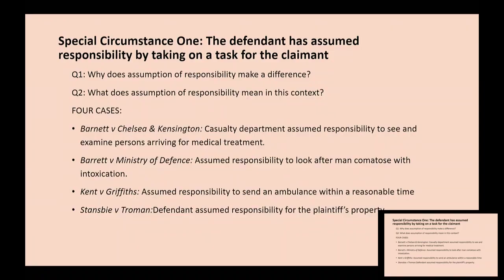The reason, so remember, duty is just the first question. We have duty, breach, causation, and damage. Here, it was shown that even if this man had been examined, he would still have died. He could not prove to the balance of probabilities that reasonable medical care would have saved his life. The arsenic poisoning was so severe that reasonable medical care could not have prevented the death.